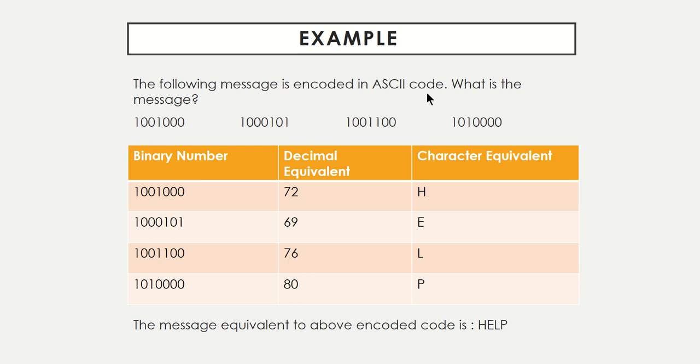So this is an ASCII representation, and this is a binary number. First you have to convert it into the corresponding decimal or hexadecimal equivalent. The decimal equivalent of this particular number is 72. So 72 is the ASCII value of which alphabet? It is H. Similarly, you have to do it for every binary sequence, and then the message actually is HELP. So this is how it is done internally for the computer to understand, and then for you to understand.